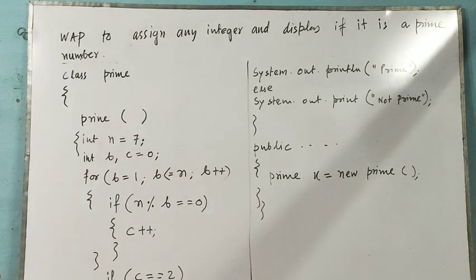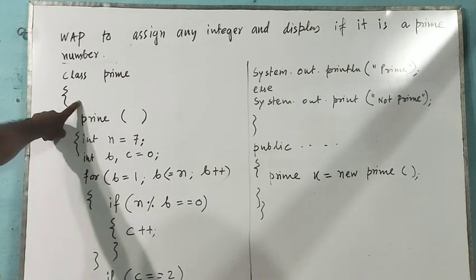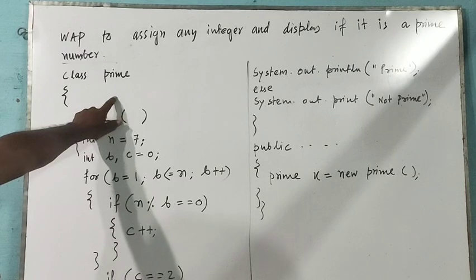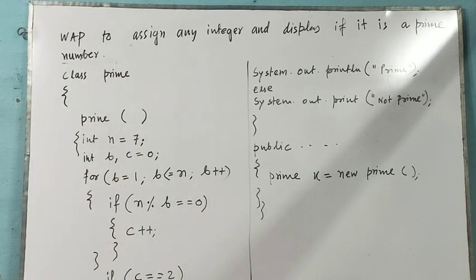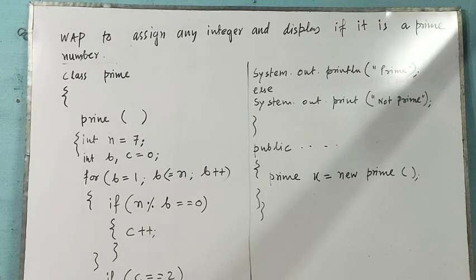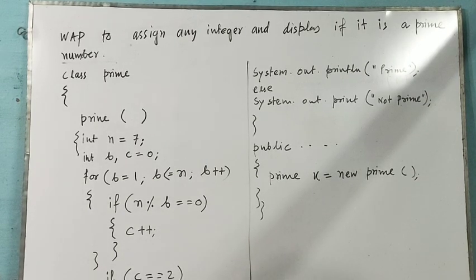Now if you see this program, the difference between the previous program and this program is that in the previous program we had global variables here. I have not used any global variable here. Since we are not going to take any input, the constructor will straightaway take one number and check if it is a prime number.